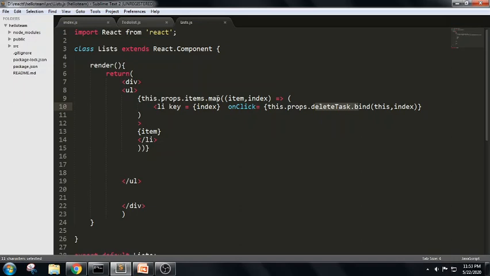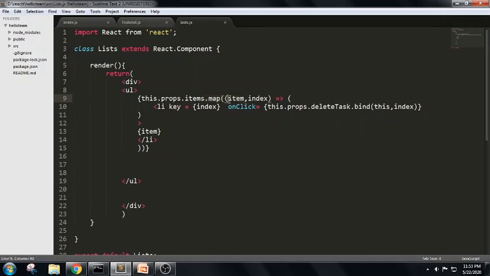That means it will try to find out the unique key attribute for every item. For every item it will try to map. You can just Google it also. We will try to map a key item for each to do. For example, for each index value it will try to pass it as a parameter. We will also create an ID. Based upon this, it will try to remove that particular to do item from our state.